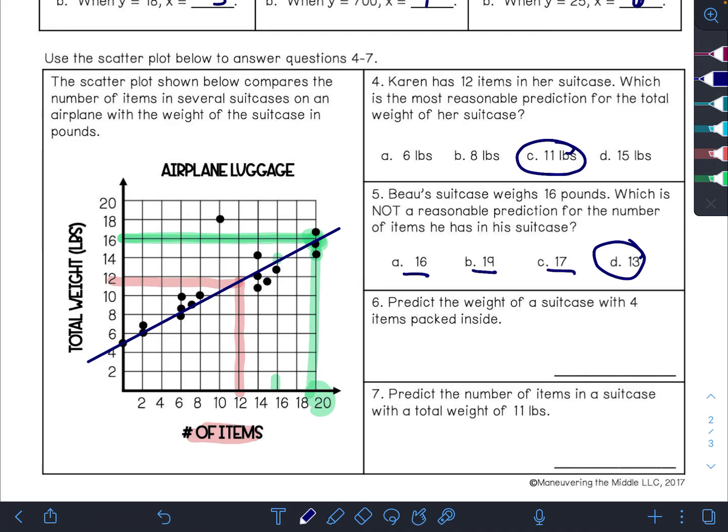Okay, so if I want to predict if 4 items are packed inside of a suitcase, I could predict that it would be about 7 pounds. On my other paper, I have 8. So again, 7, 8 pounds. And if I wanted to predict at 11 pounds,